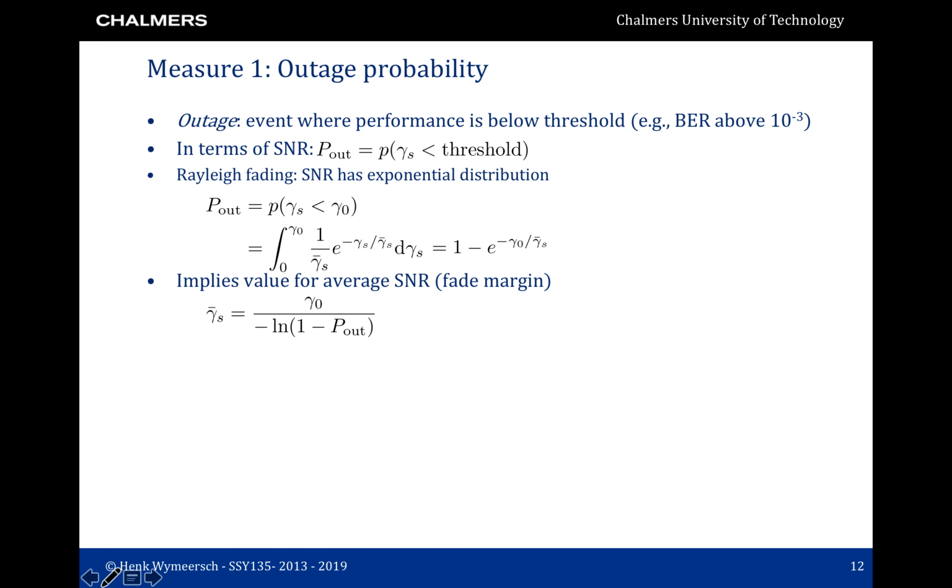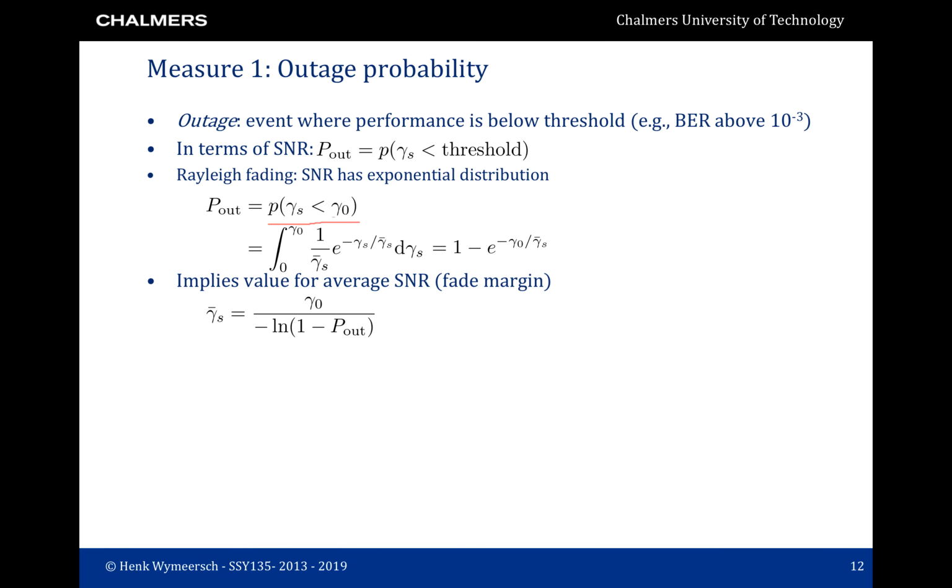Now with this, we can compute outage probability and average error probability. So again, outage probability is the probability that the performance falls below a certain threshold. For instance, that the bit error rate becomes above 10 to the minus 3. This can often be written in terms of the SNR because we can relate bit error rate to SNR. So outage probability is the probability that the SNR falls below a certain threshold. We can then compute the outage probability depending on what this density is. Under Rayleigh fading, the SNR has an exponential distribution. So the outage probability